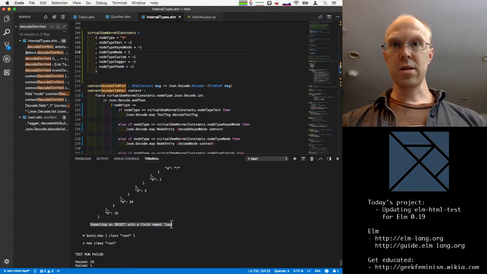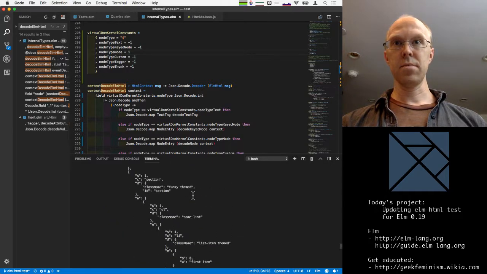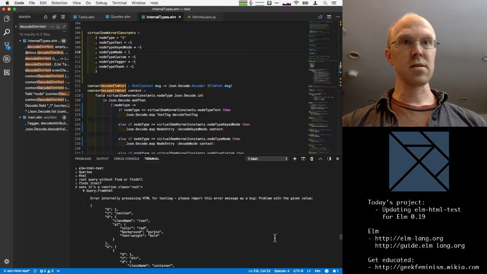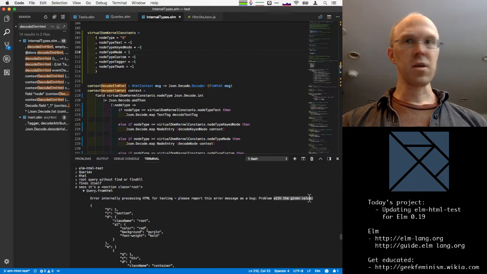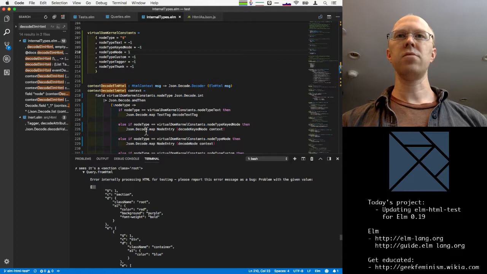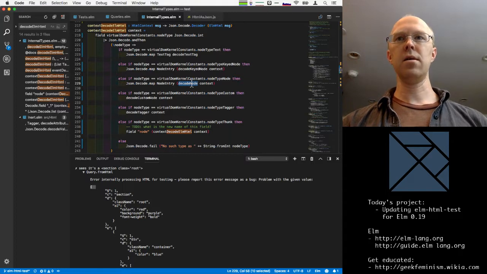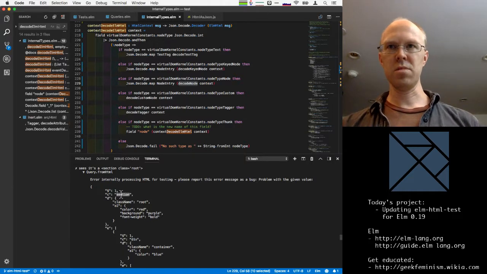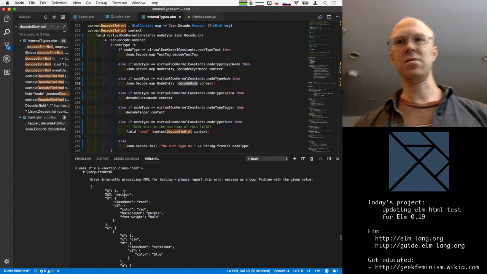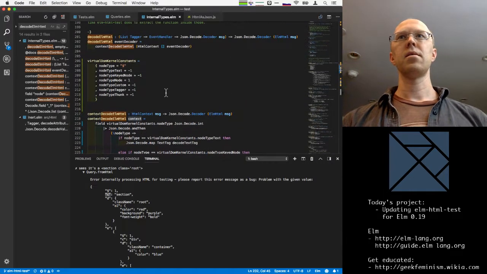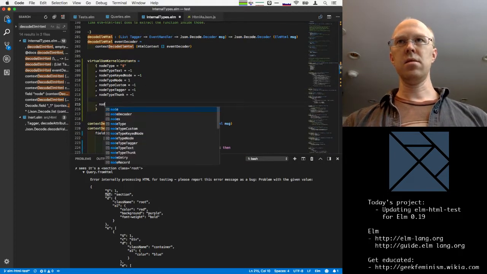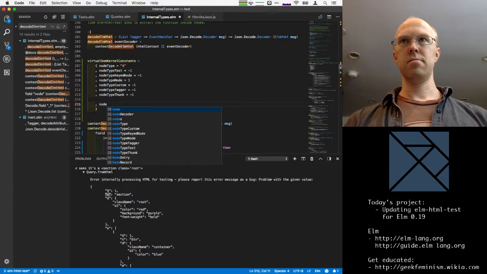All right, so expecting an object with field named tag. That is a new message, so great. Problem with the given value. Okay, so where is it looking for tag? I guess that's going to be in the decode node. Okay, so that's probably going to be in here. And I'm assuming it means the DOM node tag, or the name of the DOM node, which is supposed to be section, and the constant for that field is going to be C. So let's see, node type node